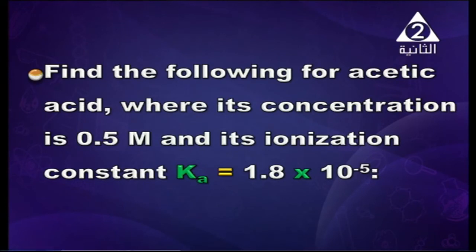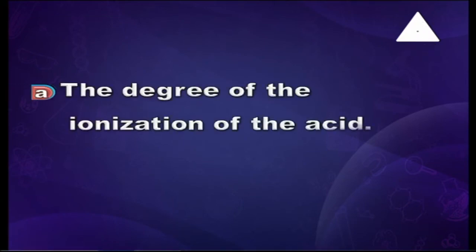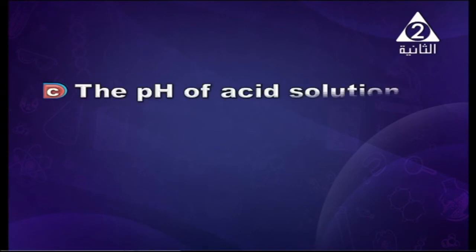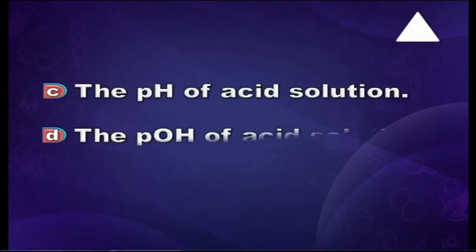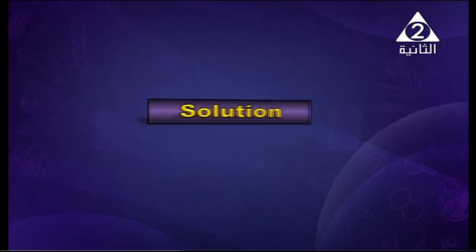Another example, find the following for acetic acid, where its concentration is 0.5 molar and its ionization constant Ka equals 1.8 times 10 to the power negative 5. Calculate the degree of ionization of the acid and the concentration of hydronium ion in the solution of the acid, and the pH of the acid and the pOH of the acid. Solution,